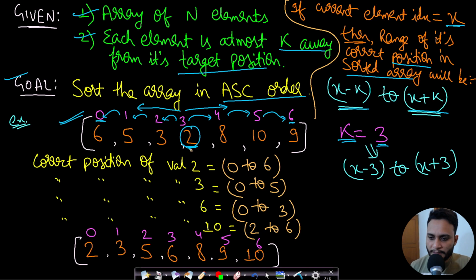So the range at which this number can be present in the resultant array will be from index 0 to index 6. Therefore, the correct position of the value 2 in the resultant array will be from index 0 to index 6. Now, if you talk about, let's say, element 3, then what will be its range of index? It will be from this given index 2 minus 3 to 2 plus 3, because we will be making 3 jumps to the left. But you will see that when we make 2 jumps to the left, then we reach index 0 and we cannot move to the left of this 0. Therefore, it will range from 0 to 3 jumps to the right, 1, 2 and 3. That means 0 to 5.